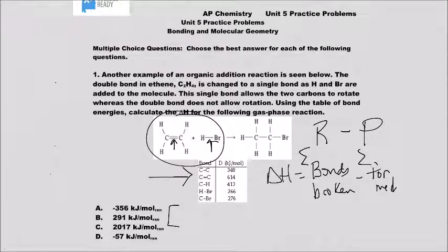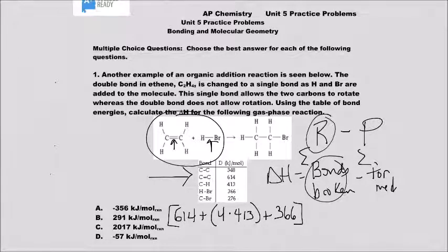I'm just going to use brackets. I'm going to start with that double bond, 614, to break the double bond between the carbons, and then I've got 4 carbon-hydrogen bonds, and notice I have to multiply the value that goes with that, and carbon-hydrogen is 413, so I've got 413 times 4, plus 1 HBr bond, and I notice that's 366. Okay, so those are all my bonds that are broken in the reactants, minus the sum of the bonds formed